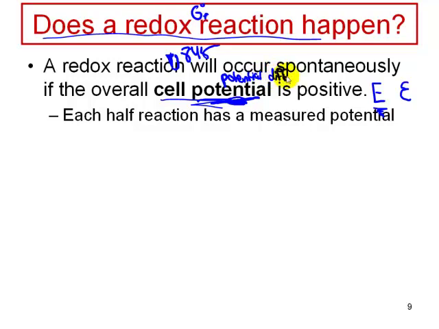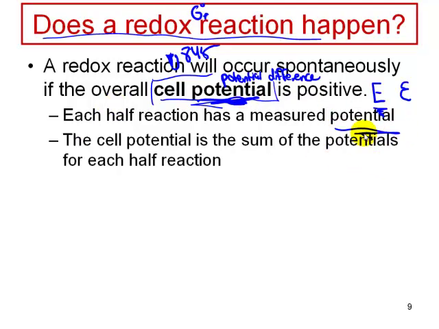difference, okay? And what this has to do is the potential energy of the electron when it is in different positions, basically. But the cell potential, in any case, we don't have to worry about the theory of it so much right now, but what this is going to tell you for a half reaction is how favorable that is. So each half reaction has a potential, and the potential measures whether or not that is a favorable half reaction. The overall